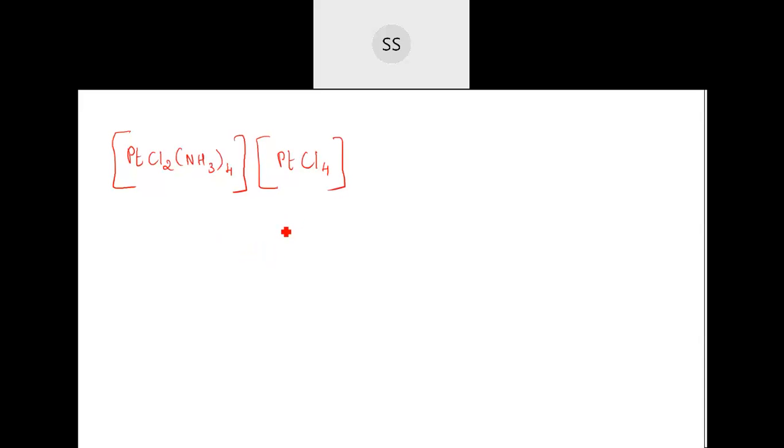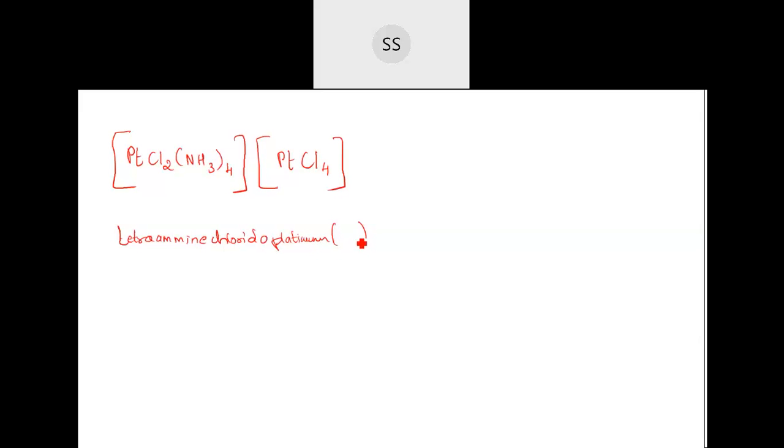First give the name for it. Once the naming is over, then you see what the oxidation states are. So the name will be, amine should come first, correct? No, so it will be tetraamine, then chlorido. You can type the name. If you have finished, students, you can just send the names to me. I will tell you whether it is correct or not. So tetraamminechlorido, then you have platinum.